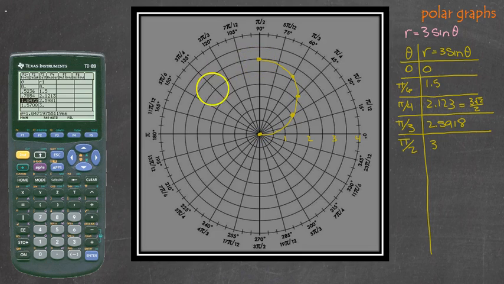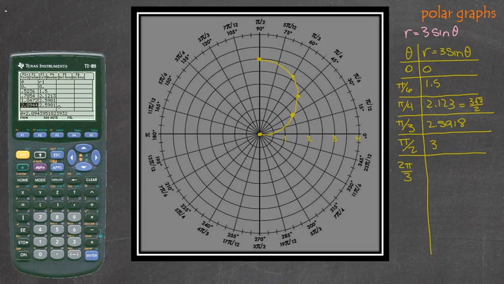But does the other side come back? And what about all these angles down here? What happens then? Let's just keep going and have a look. Our next common angle, 2 pi over 3. And I'm going to come down here and ask it to, these buttons are so tiny for my old lady eyes, 2 pi divided by 3 is